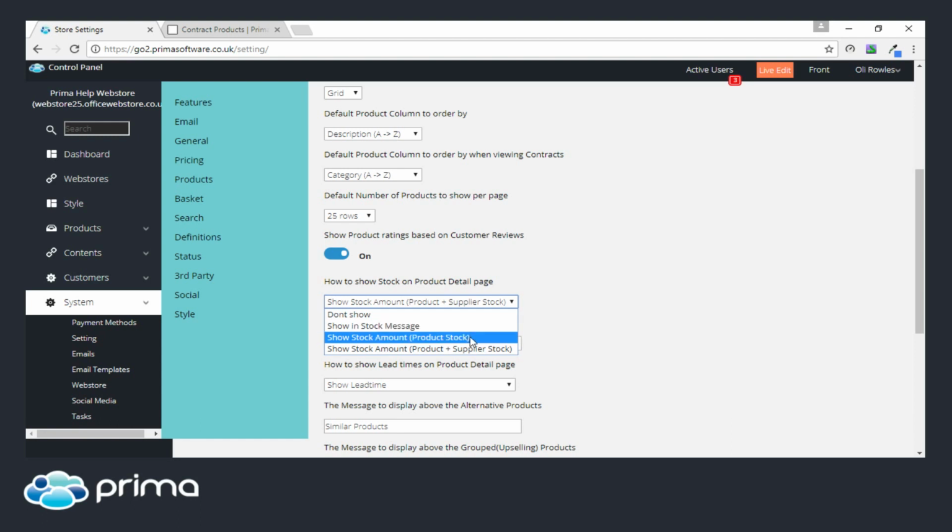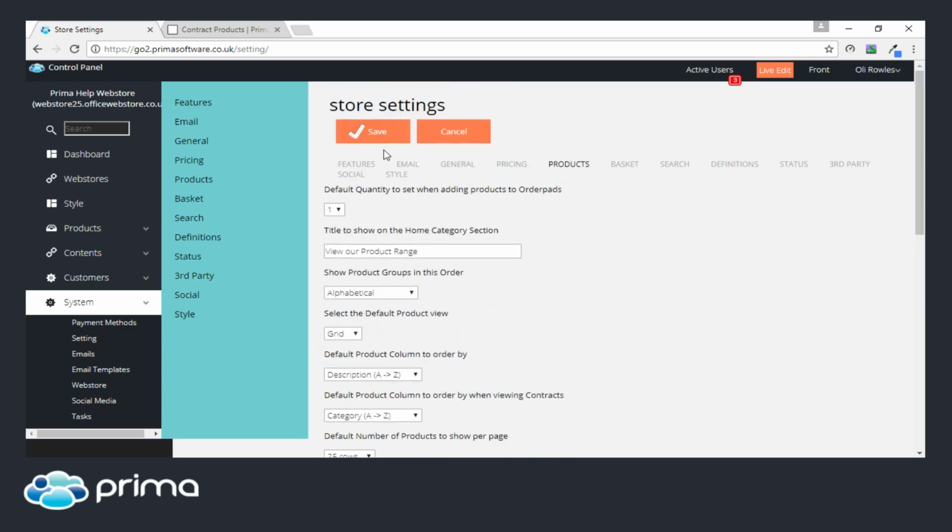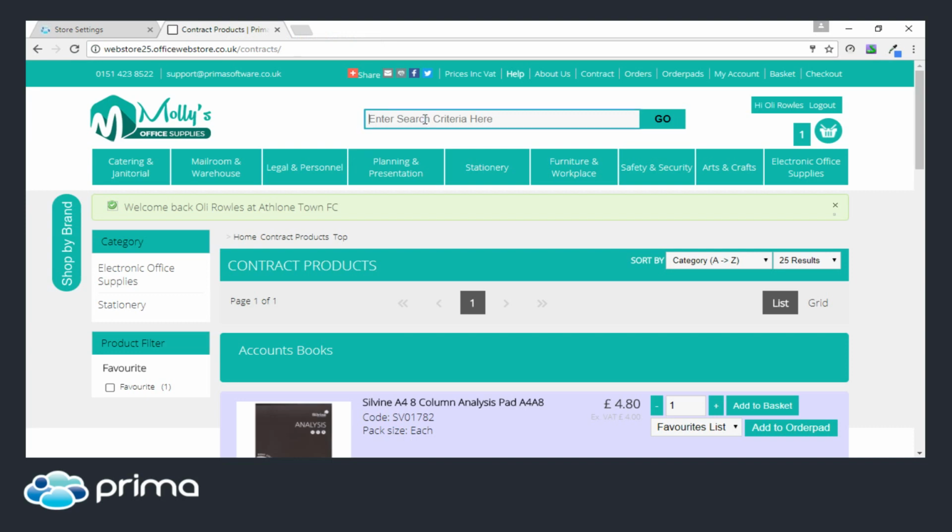So if you only want to show the amount that you have in your actual stocks, that'll be in the balances section within Prima, then you select this option here. But if you want to show the amount that you have in stock and your supplier stock, then you select the option at the bottom. Once you're happy with that, you want to hit save, and that will update, and on any product it will show that option. So now that we've saved that, if we go and search for an item,